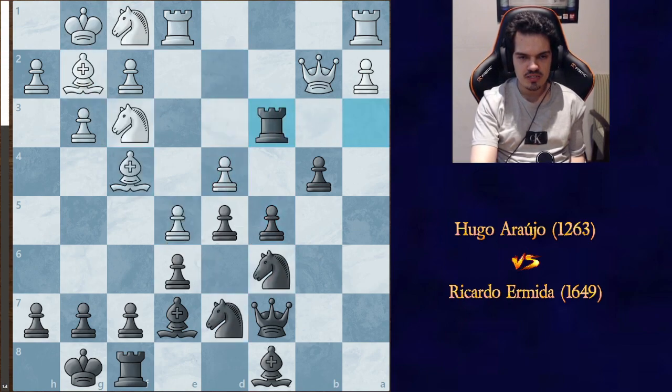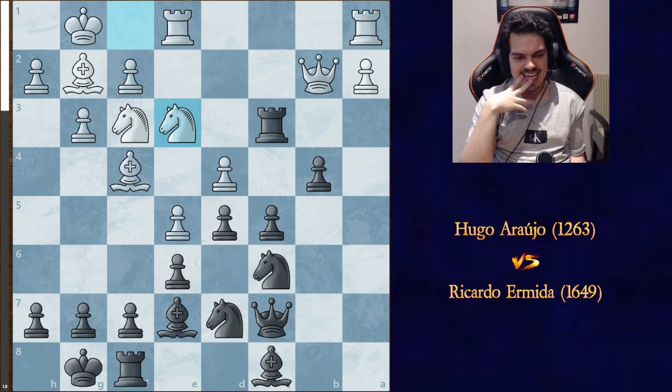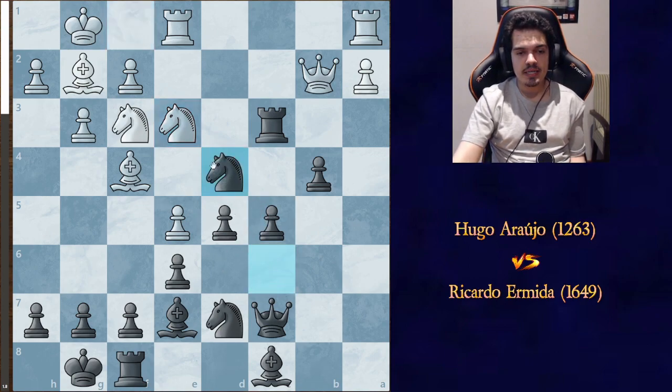After rook takes on c3, my opponent played knight e3, and again, three moves in a row, I spent a lot of time calculating as well. I spent probably another like 15 minutes here. Here I was pretty much calculating this line of capturing this pawn on d4, and after